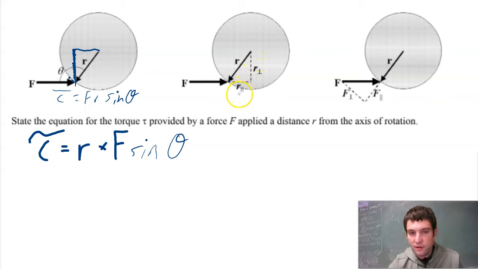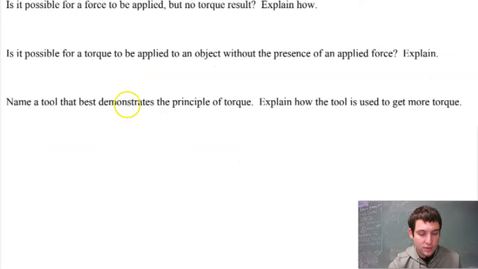shown with more accuracy, I suppose. And then here is the breaking down of the F vector, if you wanted to do that. Either way, as long as you have r and F that are perpendicular to each other, you will get a torque. Is it possible for a force to be applied but no torque